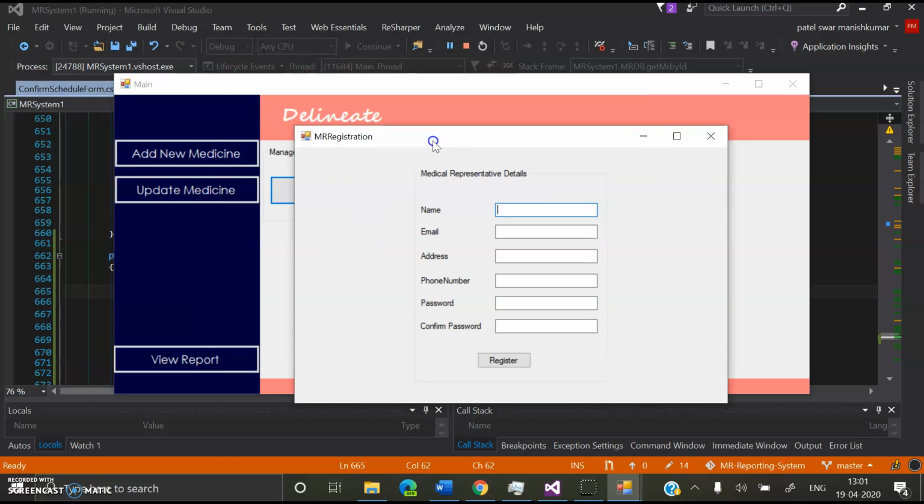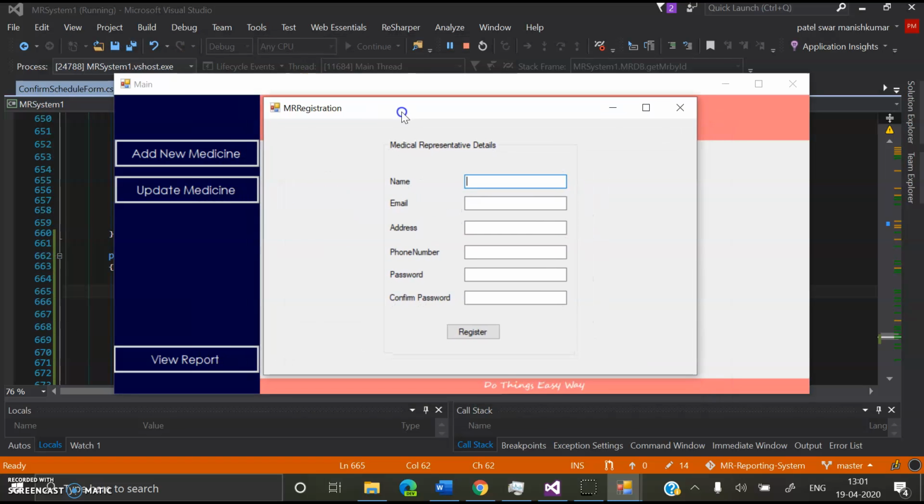Now here the manager can add a new MR under his rule.